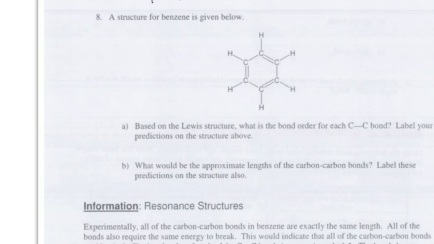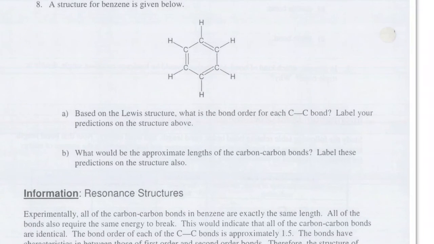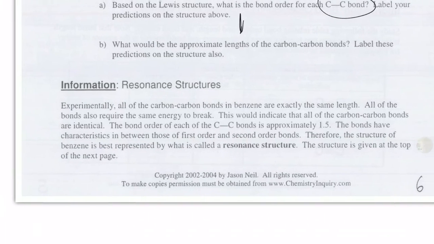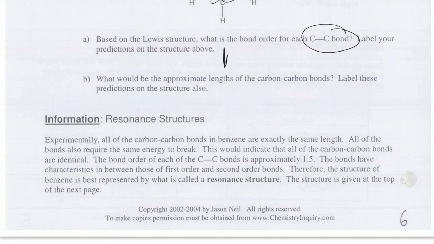And the structure for benzene, the bond order for the CC bond, it's single, right? So this is just talking about the CC bond. We would expect it to be 1. And the carbon-carbon bonds, well, here's the deal. We would expect this to be a single, a double, a single, a double, a single, a double. And so that would match the one from the previous page. But here's what it's going to explain in the next part, which is that these aren't really